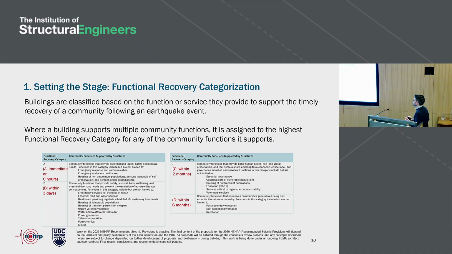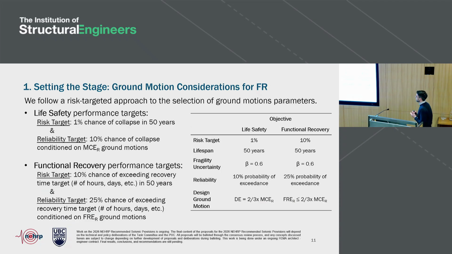In functional recovery, we're actually putting housing under functional recovery category B, which would mean you want that housing to effectively be able to provide people shelter, right? To provide its basic intended function within 3 days. That's sort of recognizing that if people can't go back to their homes, you're not really empowering or enabling a fast recovery of the community. So this is a pretty important mapping exercise that took place at the beginning of this process and was led by some colleagues that I'll acknowledge later. It's pretty important to go through this exercise and recognize that different buildings have different recovery time targets.